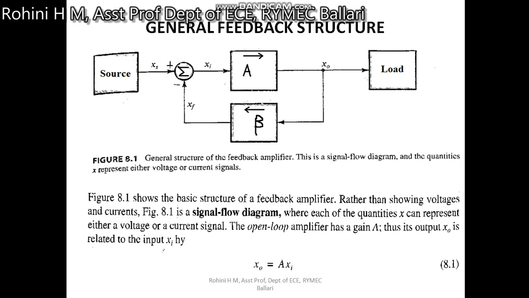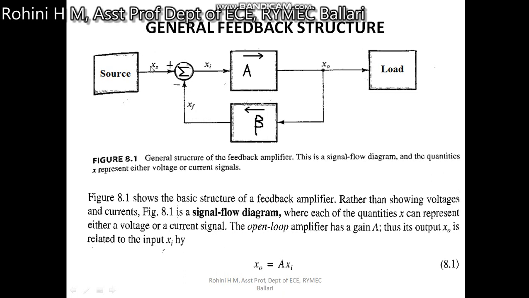So here comes the general feedback structure. This is the diagram. Here we have a source, and the signal that originates from the source we call XS. Here we have the gain of the amplifier, and here we have the output. The input to the gain block is Xi and the output is X0. And here is the load. We are measuring the output near the load. From the load again there is a factor called beta, the feedback factor. We are giving the signal that is called XF, the feedback signal.